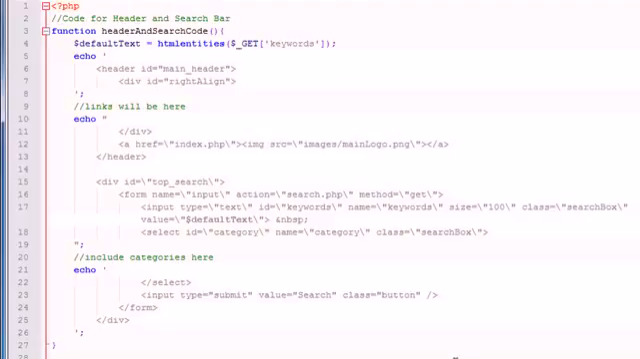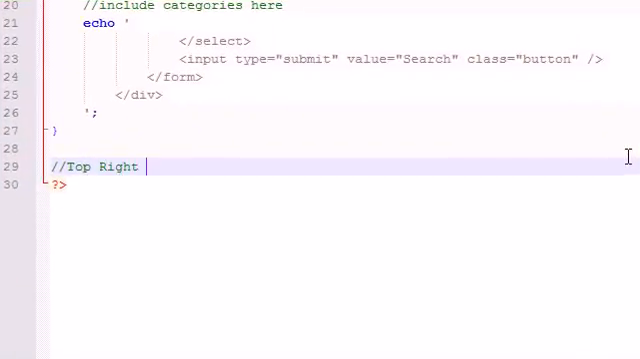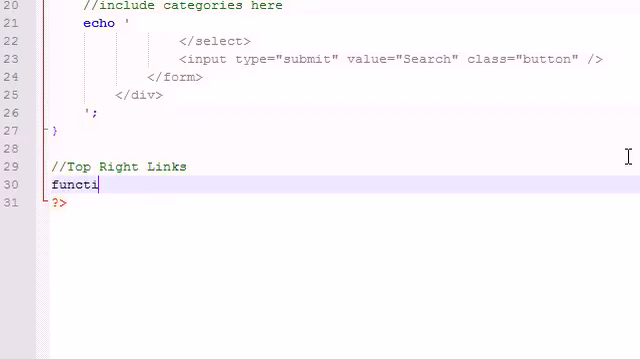So let's go ahead and make a function for top right links, and I'm just going to name this function top right